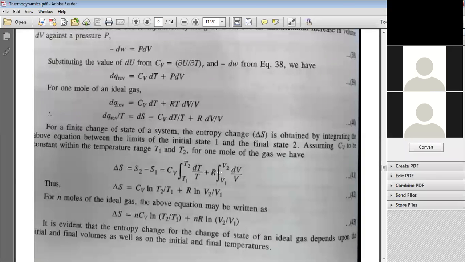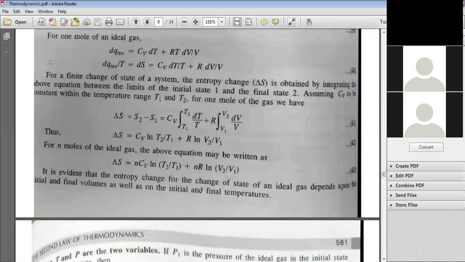In case we have n moles of a gas, then n will appear with both of the terms, and we will have delta S equal to n times Cv ln T2 by T1 plus nR ln V2 upon V1. Now, if we look at this equation number 43, it is evident that the entropy change, delta S, taking place during this expansion or compression, during which temperature change is happening,